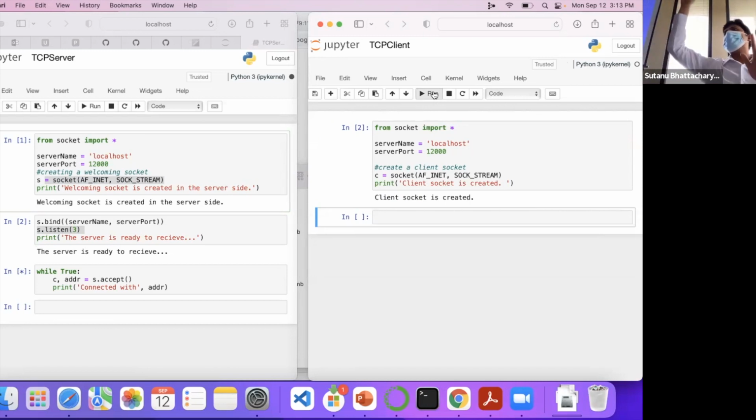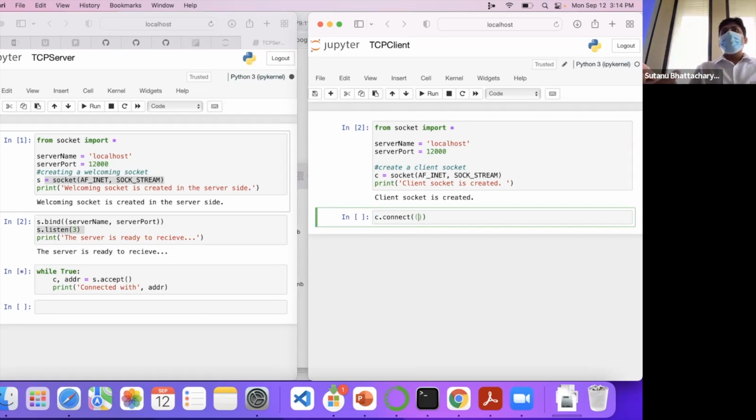That means that gentleman has raised his hand. Now client socket is created, means he opens the door. Or you may think mentally he thinks, okay, let me ask a question to my instructor. So after that, he is opening the door. Now he raised the hand, so he will make a connection request. So that is c.connect. He is making that request through that client socket, c.connect, and